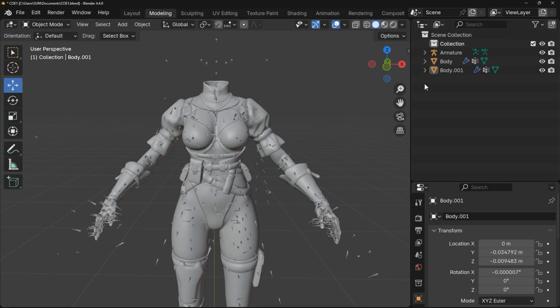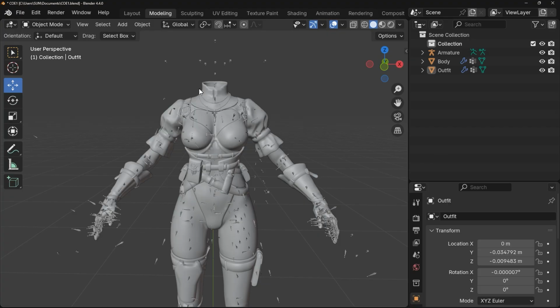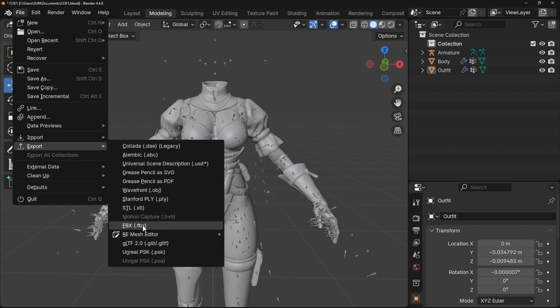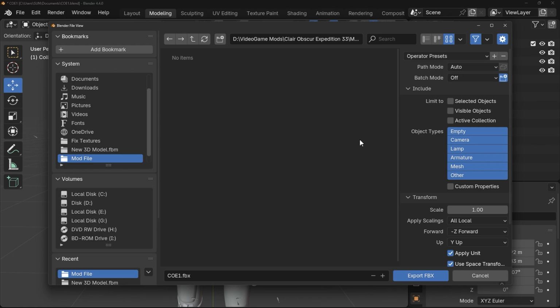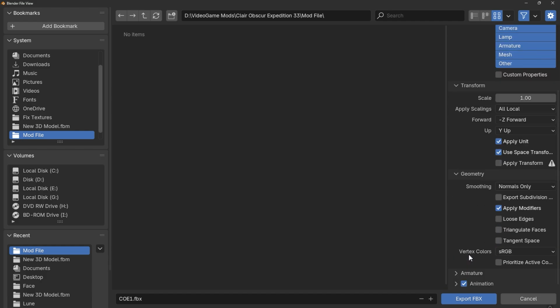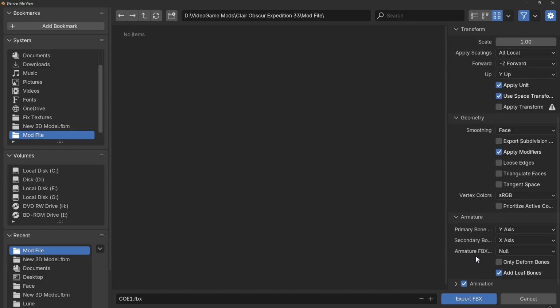Keep the objects separated, don't join them anymore. Name them however you like. Just make sure the armature name is correct, and you're good to go. Let's export for real this time. To export, go to File, Export, and choose FBX format. Now in the export settings on the right, we leave most of the options as default. But we have to make some changes to the geometry and armature. Under Geometry, change Smoothing to Face, and under Armature, uncheck Add Leaf Bones and make sure only Deform Bones is